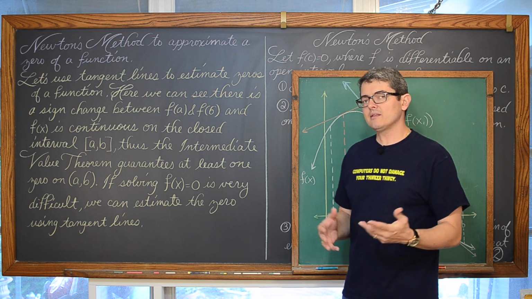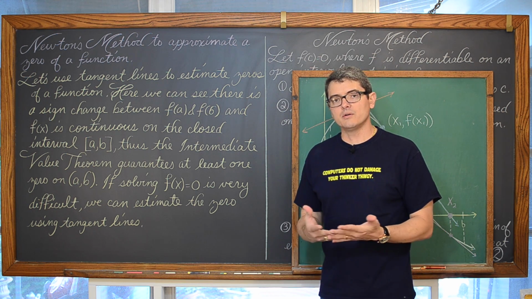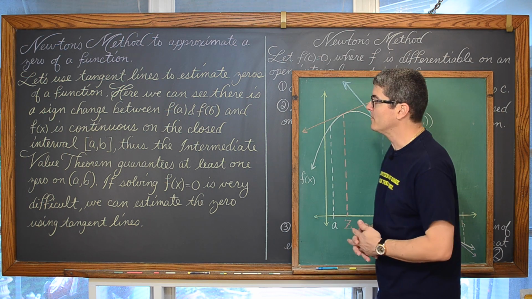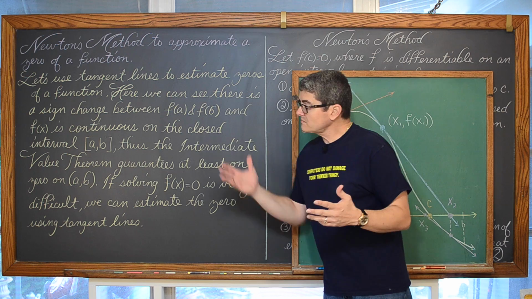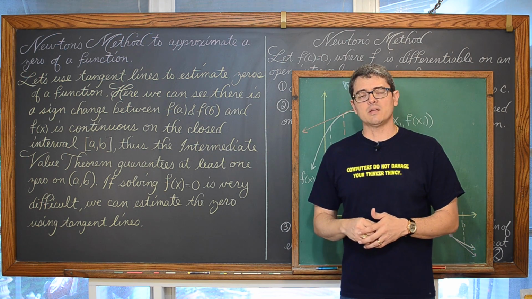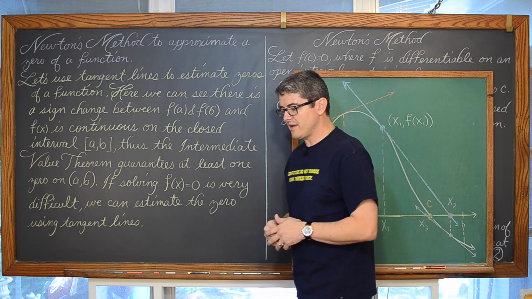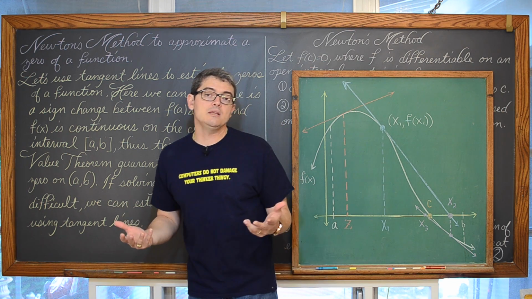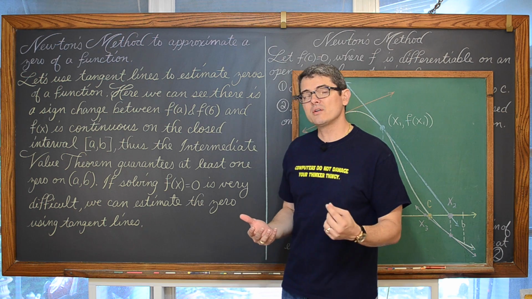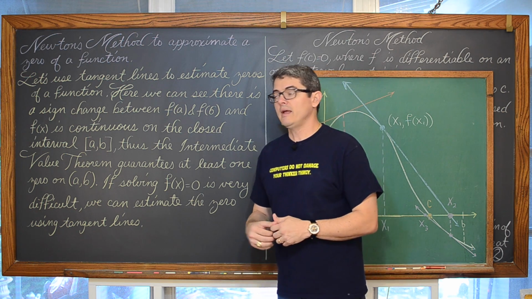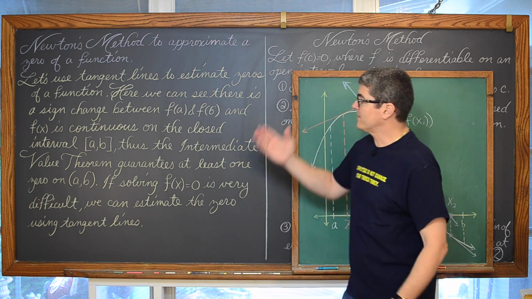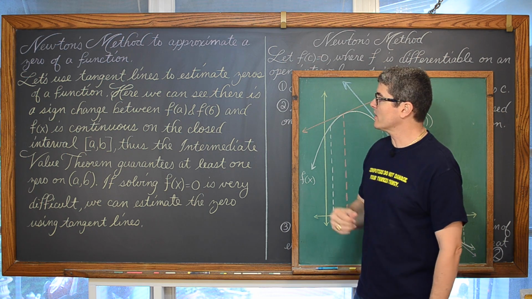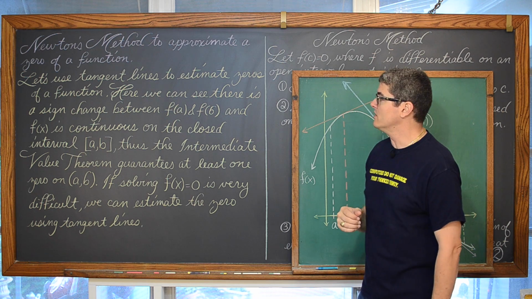So we already understand that a lot of equations are hard to solve once you set them equal to zero. But maybe with this idea of Newton's method, we can take some equations that are differentiable and maybe even pretty easy to differentiate, but yet hard to solve for zero, and estimate those zeros another way, the Newton's method. We're going to use tangent lines to estimate the zeros of a function.